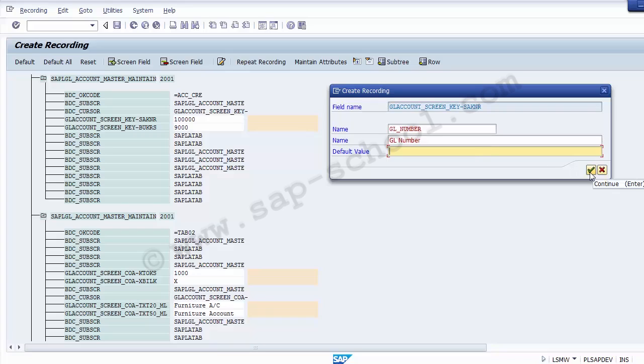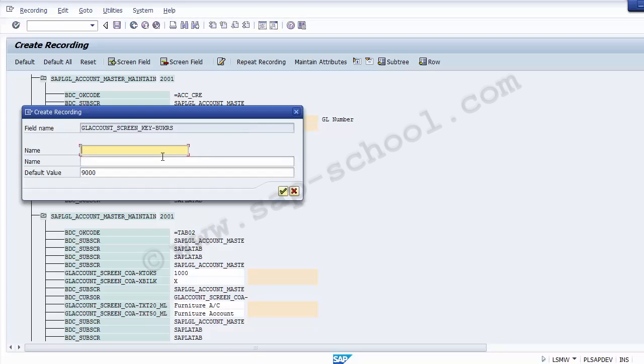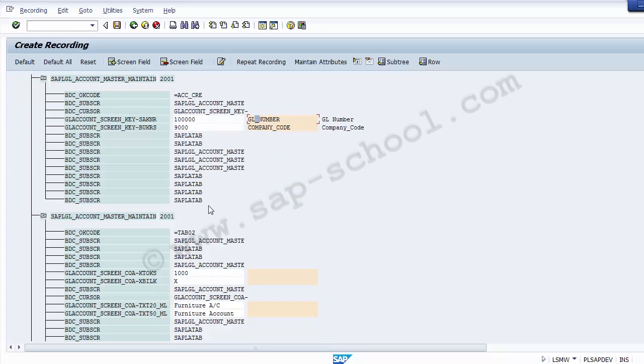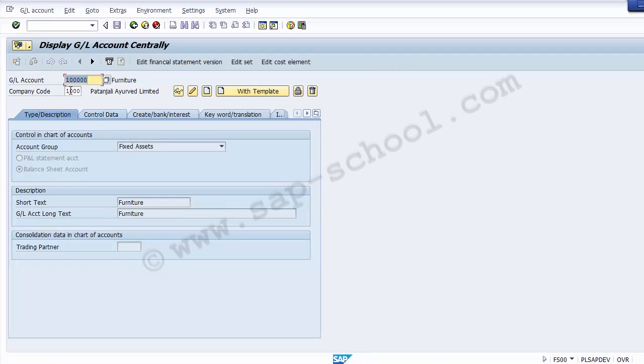Now moving on to continue, so you can see over here this particular field has been assigned with GL number. Similarly, you can take this over here and you can assign this as company code. The same you can copy to the description, and if you want you can take the default value, if you want you can hide it as well. You can do the same thing over here. Now moving further down the line, these are the two fields which we filled on the very first part. If you go and check those things again on the next part, you can see over here